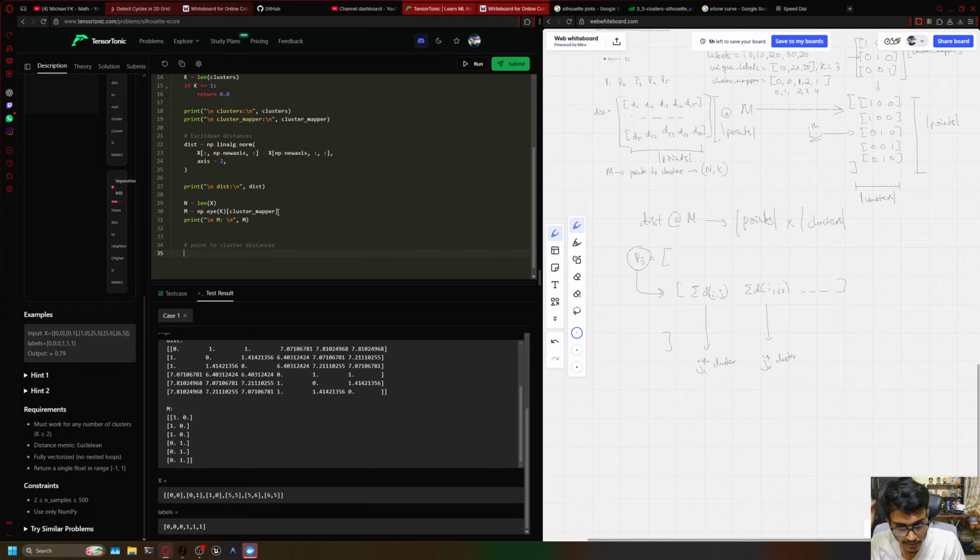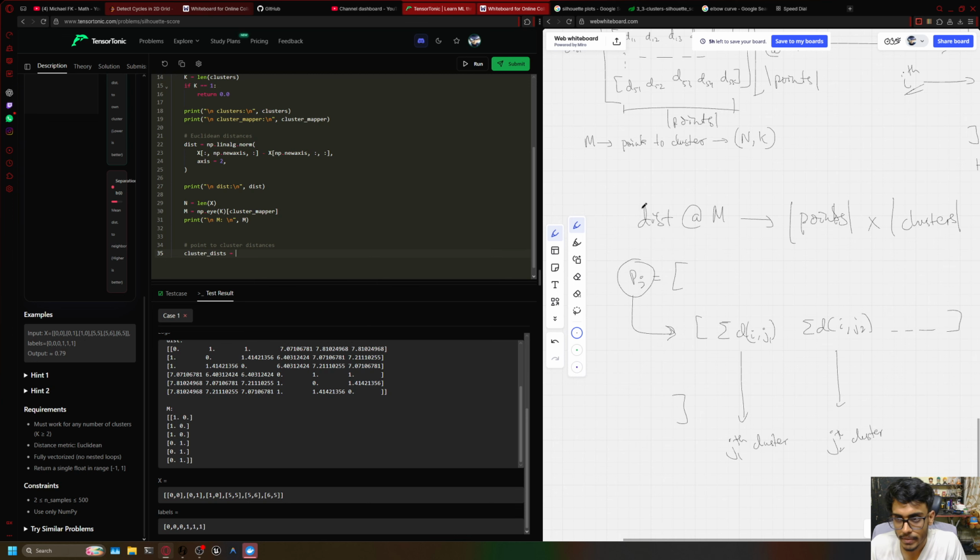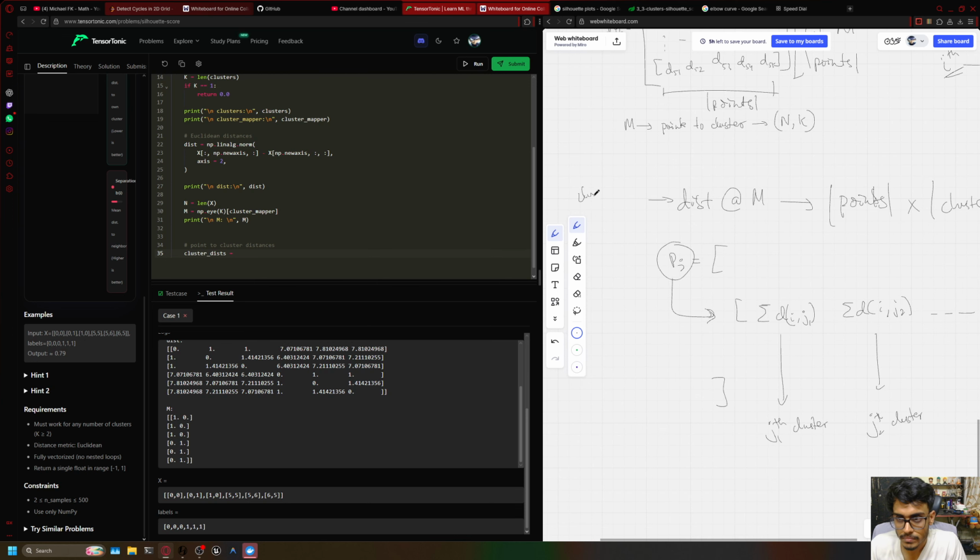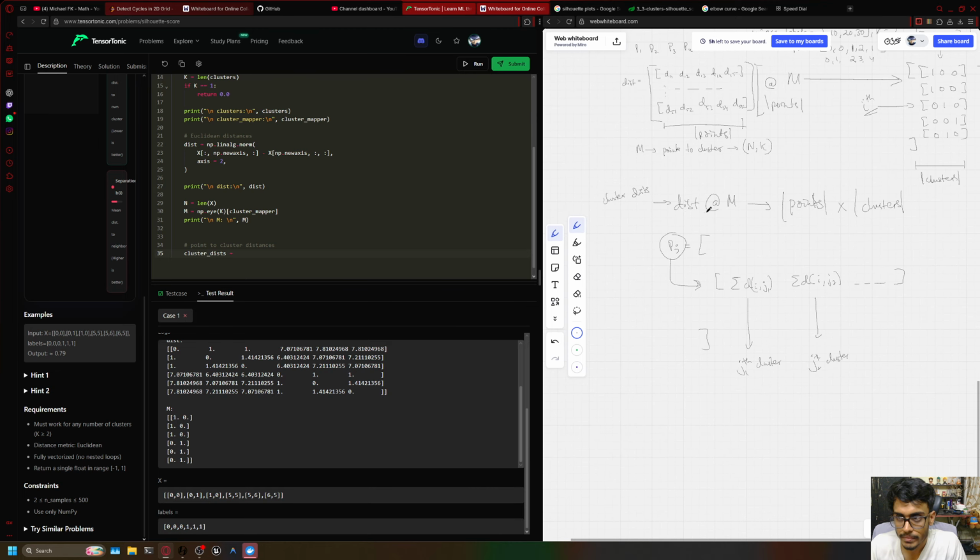This I'll get as cluster dist. So this cross product I'm giving a name, cluster dist. So this will be dist @ m. Now if I print this,